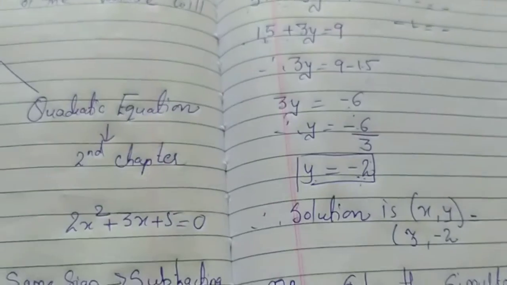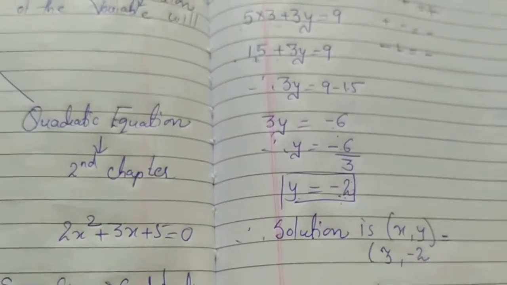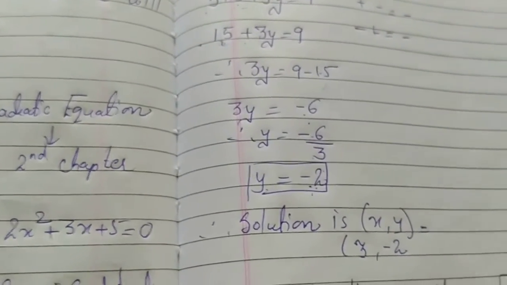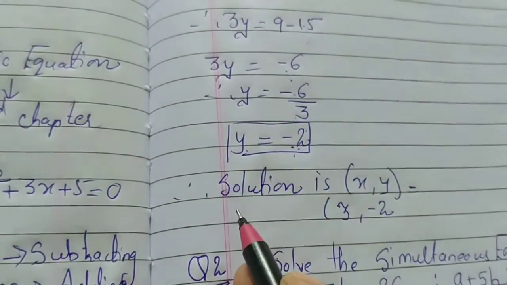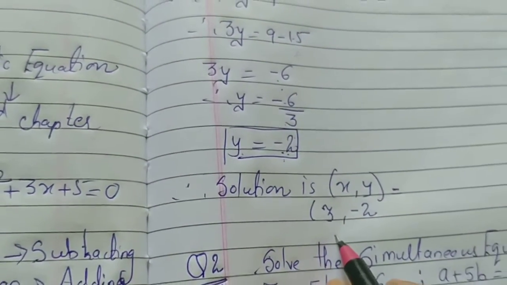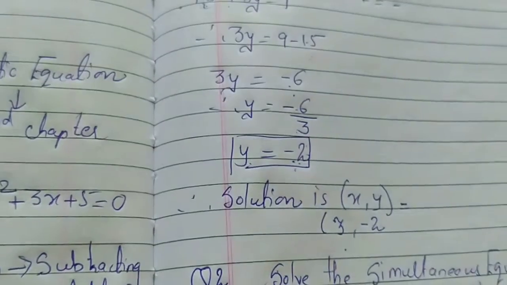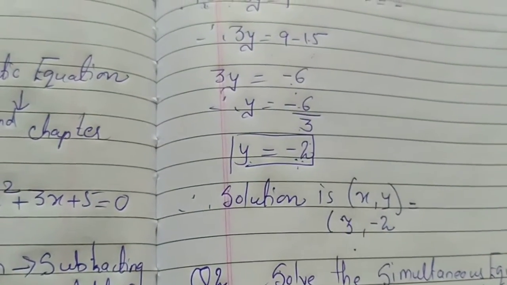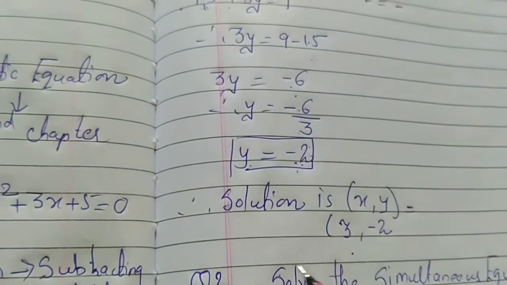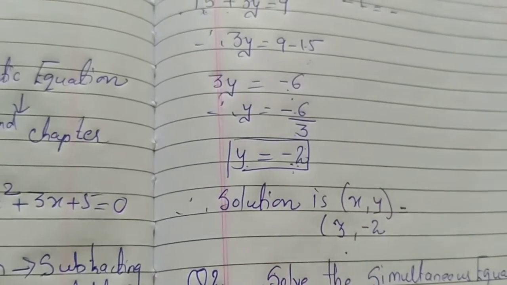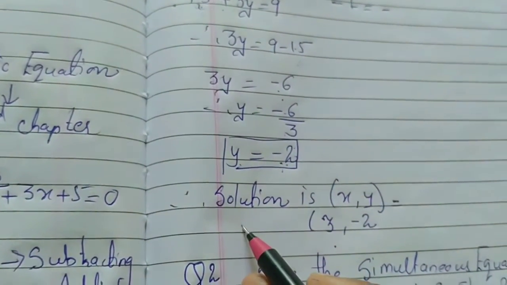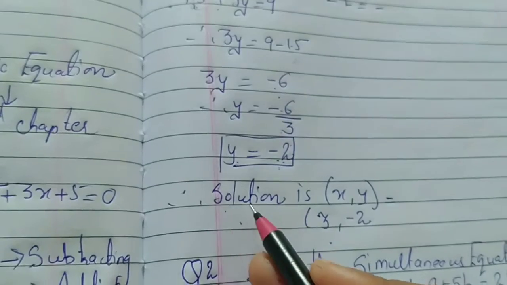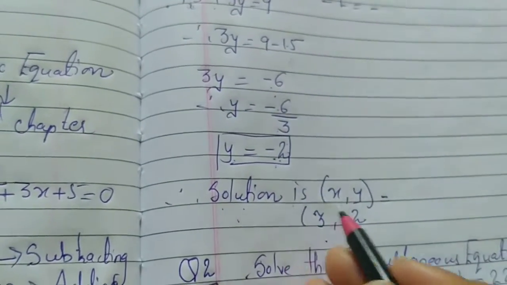Now I got all the values, that is x and y. That means I already got the solution set. Now that is very important: how to write the last statement, children. In the board exam, for each and every step there are marks. If you do not write that step, marks will be deducted. Here you can see I have written the last statement, that is, the solution is.